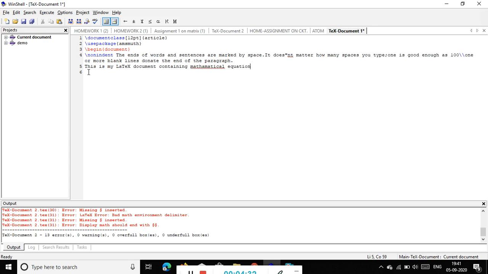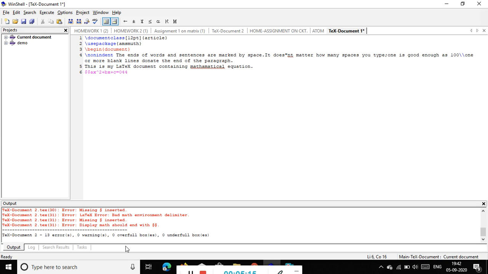I've written up to this, put a full stop, whatever you want. Now you have to use this particular dollar sign to write the equation. So to write any kind of equation you have to use a dollar sign, okay. And then I will write, you can write whatever equation is in your exercise. a x to the power 2, that means I'm using x squared. That means a x squared plus b x plus c equal to 0, a quadratic equation, okay, and I just want to put it in the center of the document.